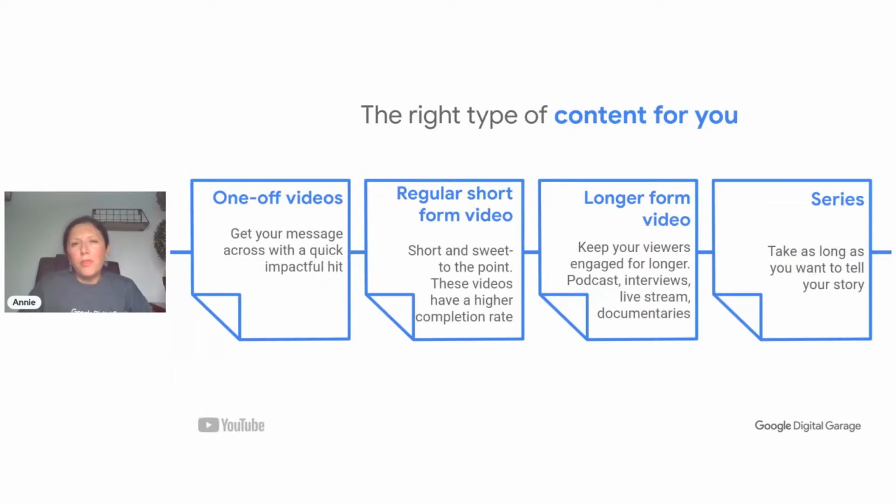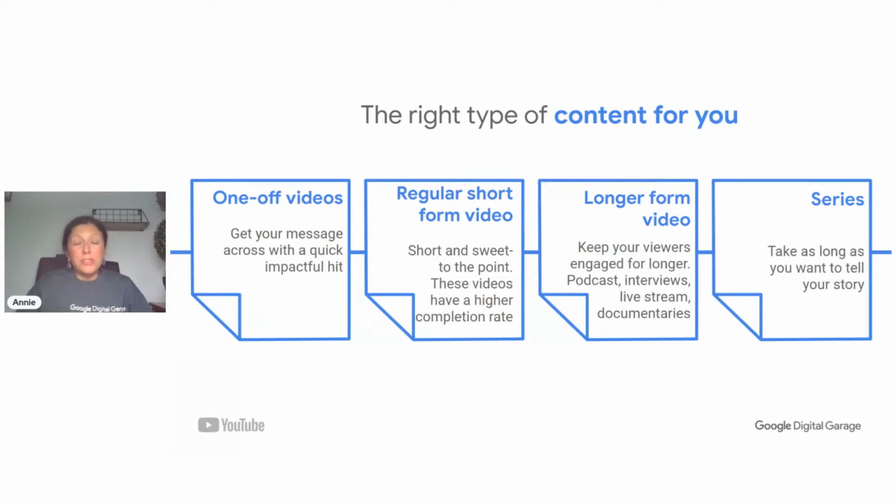Then we need to think about the right kind of content for you. So the right kind of content, there's no perfect answer to this. It's about trial and error, as I say, but also about what works well for you and for your listeners. So consider, first of all, what resources and what time you have, because I think we'd all like to do the big picture thing, but if we start small, we can grow from there. So consider what kind of resources you realistically have to use.